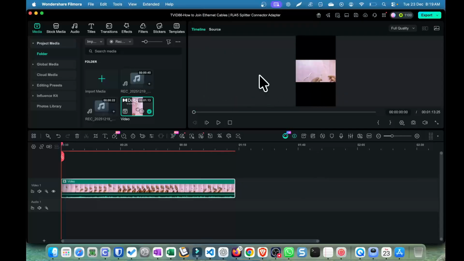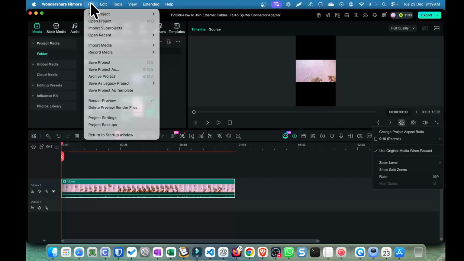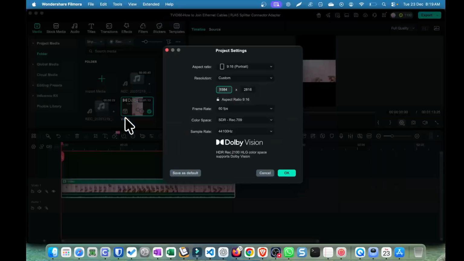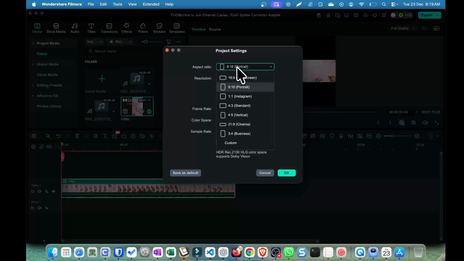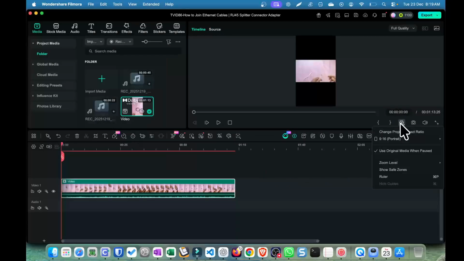As you can see, now it's adjusted, but our project setting is still vertical. To change the project setting from vertical portrait to widescreen landscape, you have to choose this option here. From here you can do it, or else go to File, then Project Settings. From here also you can change the aspect ratio. In this way you can change it. I'm choosing this convenient option here,